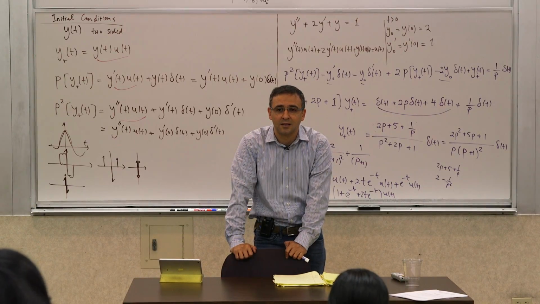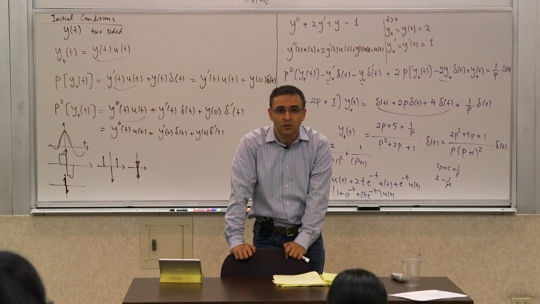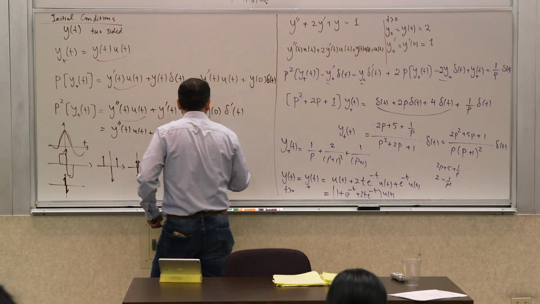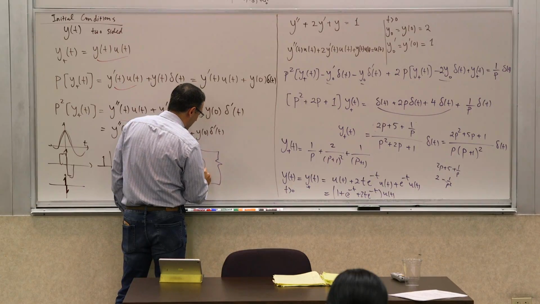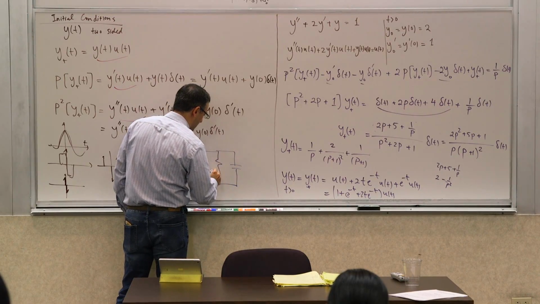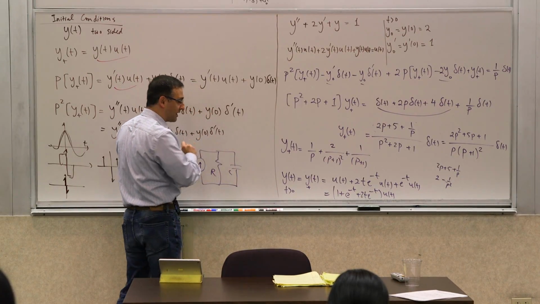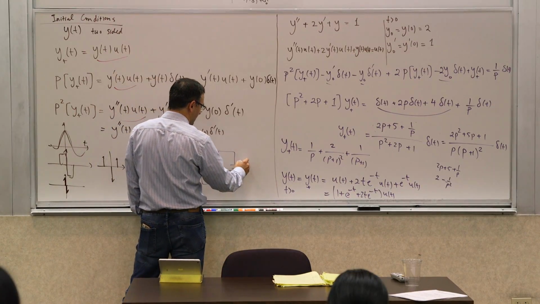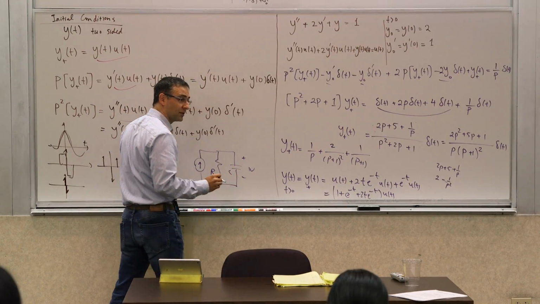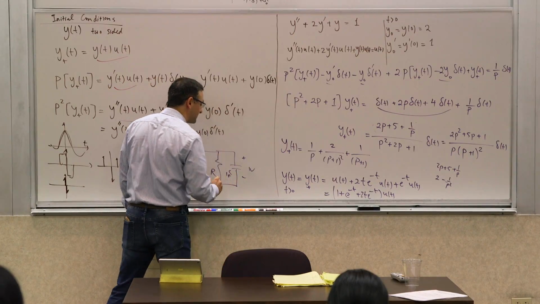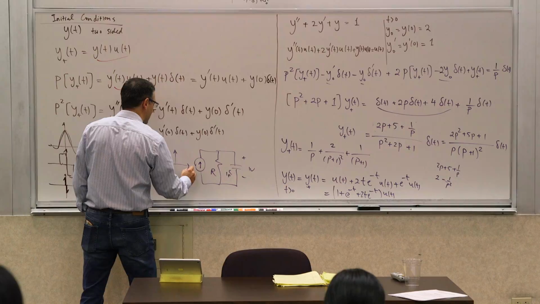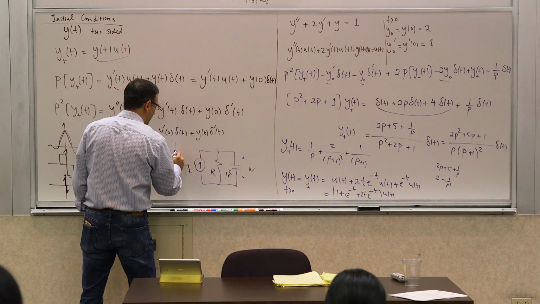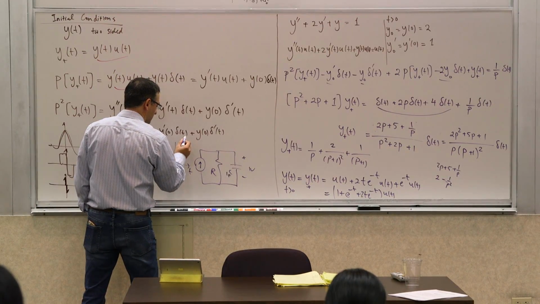How would you apply this to circuits? You could do the same thing with circuits, right? Let me give you a simple example. Let's say you have an RC circuit, and let's say you have an initial condition on the capacitor. Let's say you want a 1 volt initial condition, and this is a 1 farad capacitor. If I hit it with an impulse of current at t equals 0, with a magnitude of 1 coulomb,